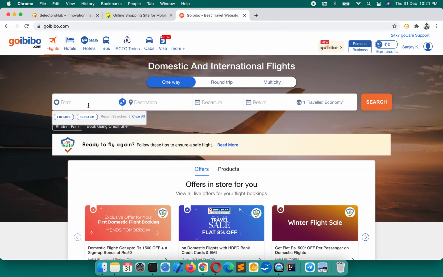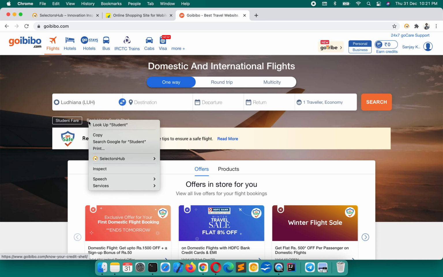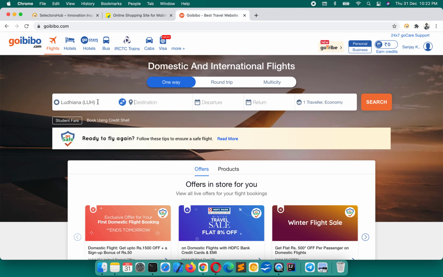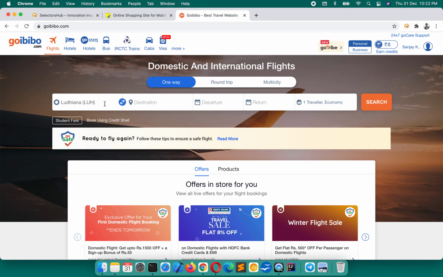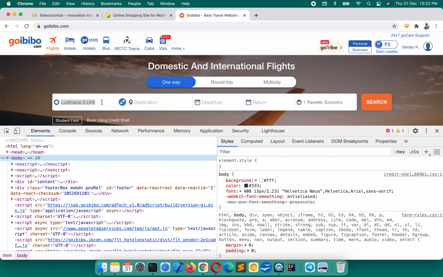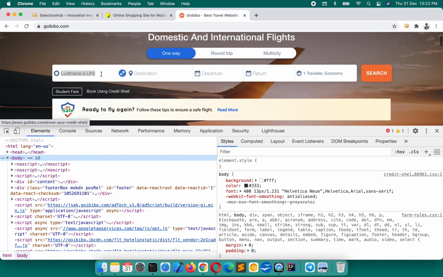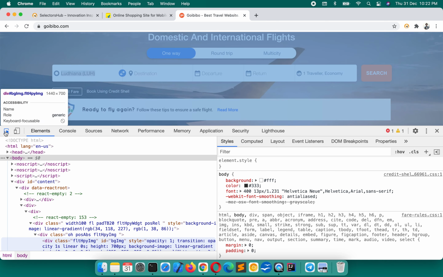One more type of drop down: when you type something here, this auto suggest comes, and if you right click and try to inspect, it immediately disappears. On any click or anything you do, it will disappear. You cannot right click on this, and you cannot open DevTools from the keyboard either. When you open it, it disappears. Even if DevTools is already open, you cannot inspect this way. So nothing is possible in this scenario.